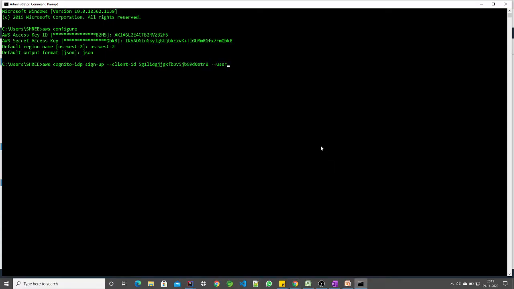You also need to send username. I have configured the user pool in such a way that our username is our user email. So in the username field you need to provide the email. You can also configure the pool in such a way that you can send username as the name of a user, but right now I have configured it so that I need to send the user email in the username field. So I will put my email address over here,